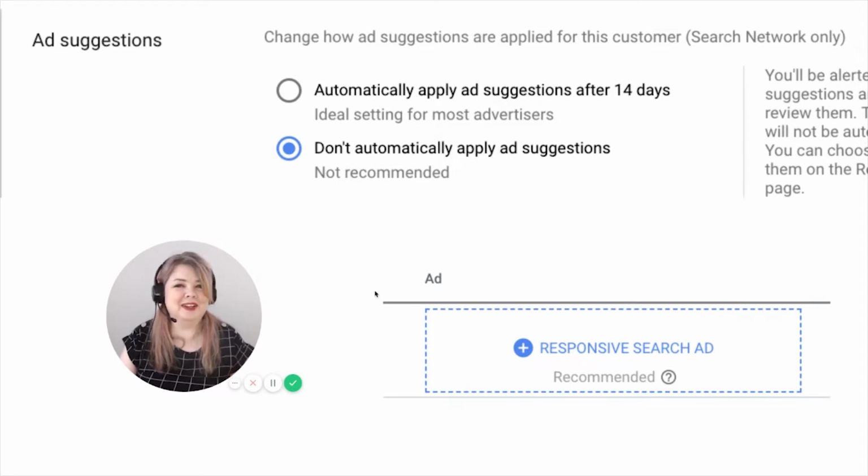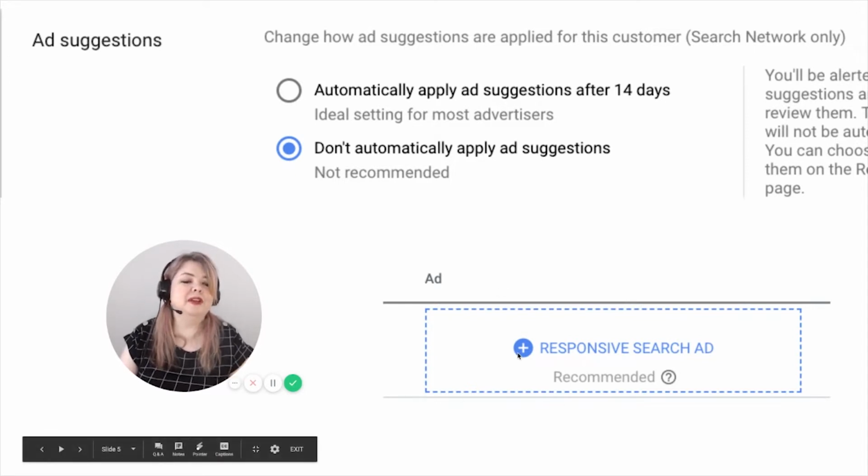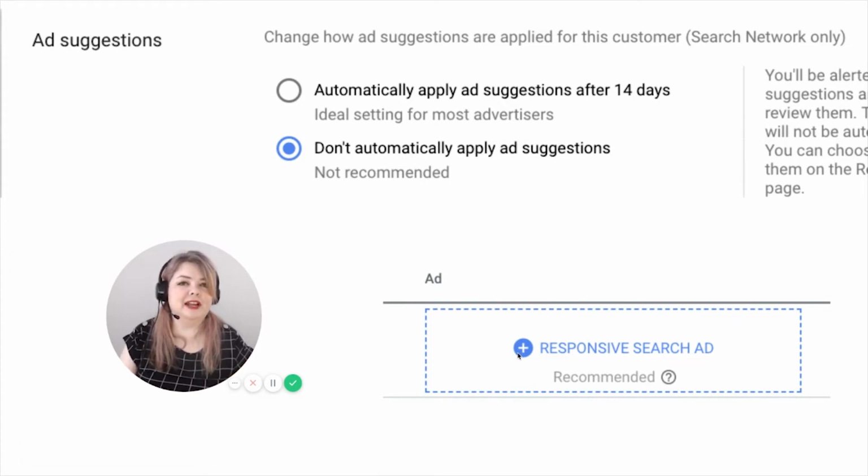If you are working in Google Ads, you're aware that they're promoting creating responsive search ads, which gives them multiple headlines and descriptions to test rather than just the ads that you create. And unless you specifically opt out of this, Google will automatically create ads, even without your consent and sometimes awareness if you don't know about this. Google can be creating ads and running them on your behalf. And to even opt out of that, they're saying not recommended. It wants every possible chance to create ads that are as compelling as possible to try to get those clicks,